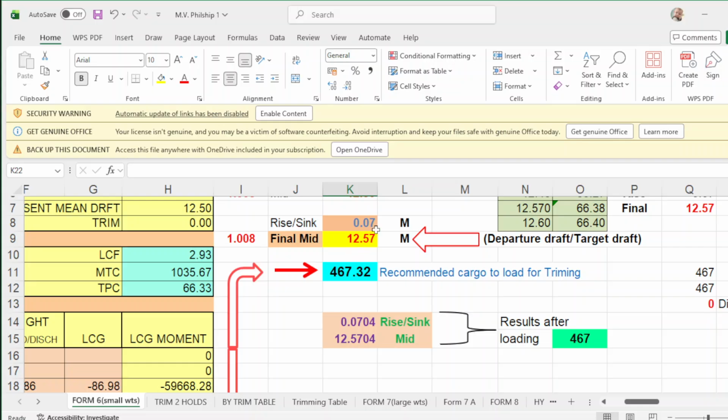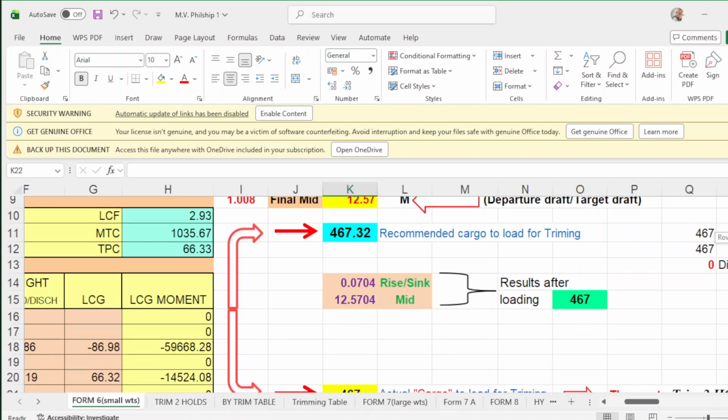It's the same, and because you're loading, your sinkage should be 0.07. Now our trimming hold is, for example, 1 and 7. So you scroll down.